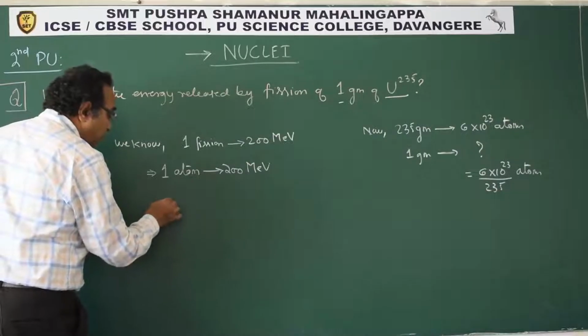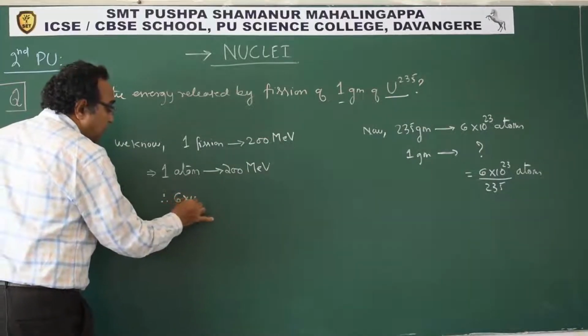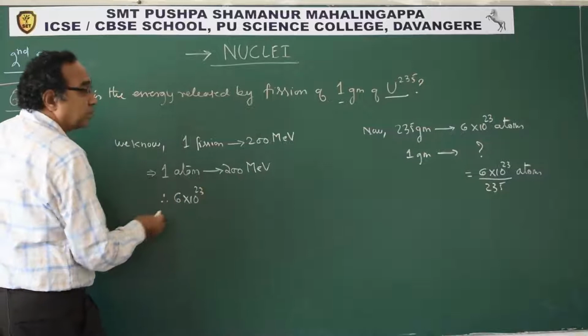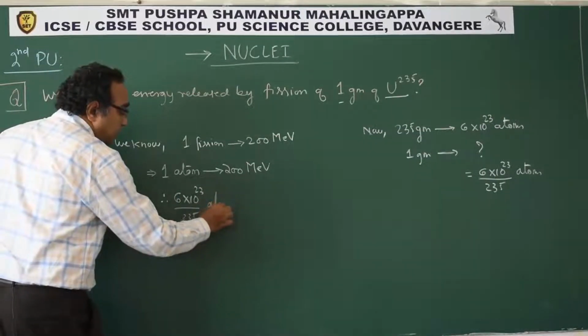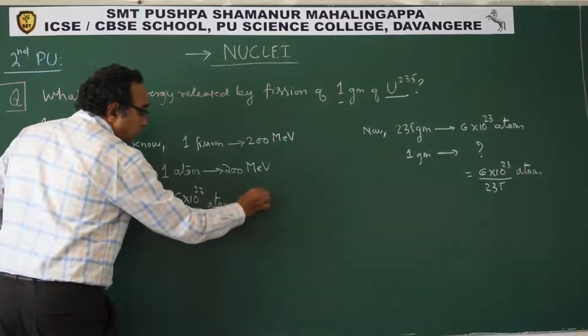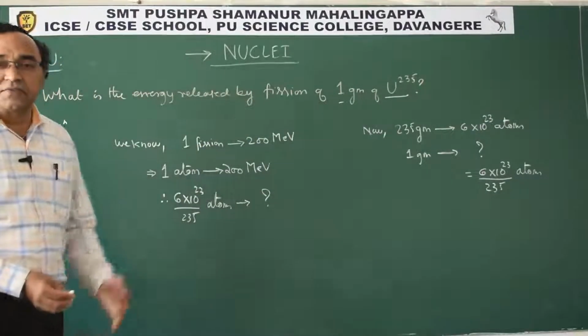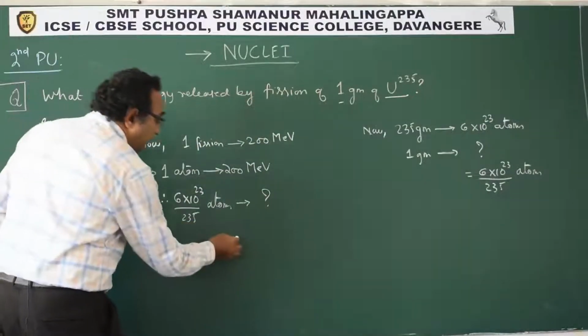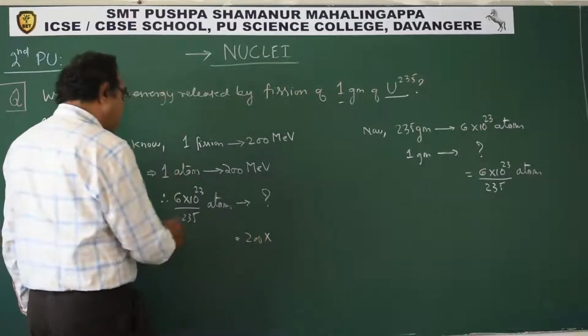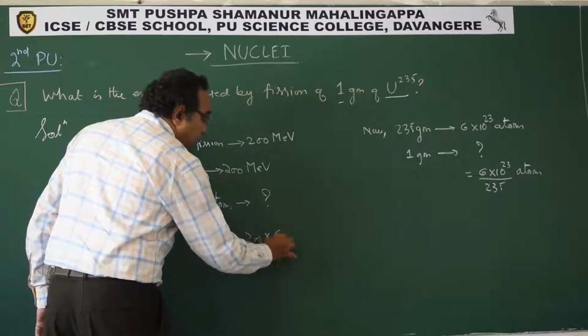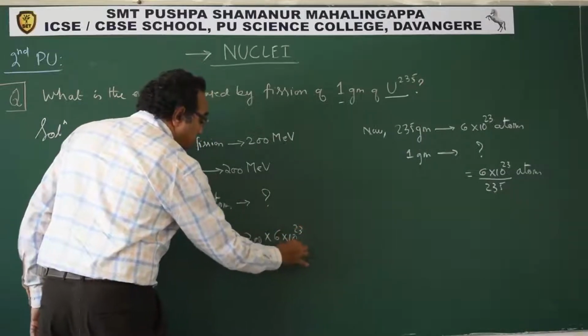So therefore 6 into 10 power 23 upon 235 atoms will release how much energy? As simple as that. So that is nothing but 200 into 6 into 10 power 23 upon